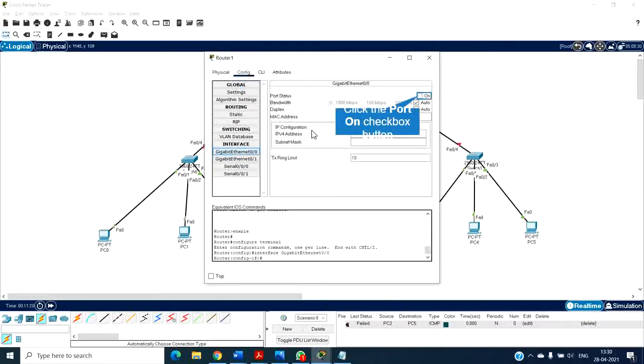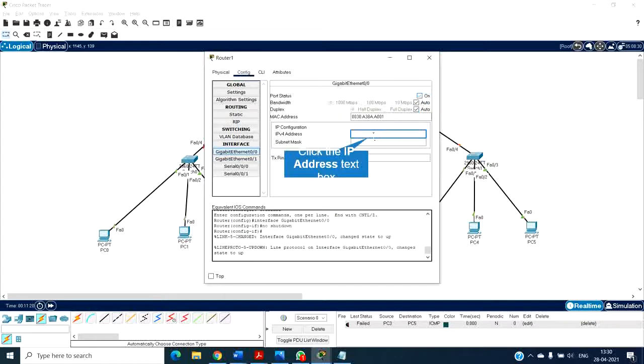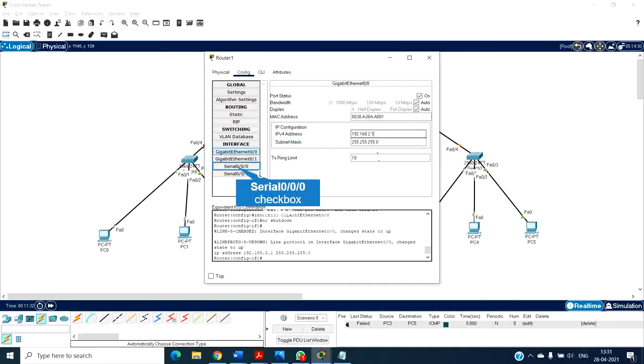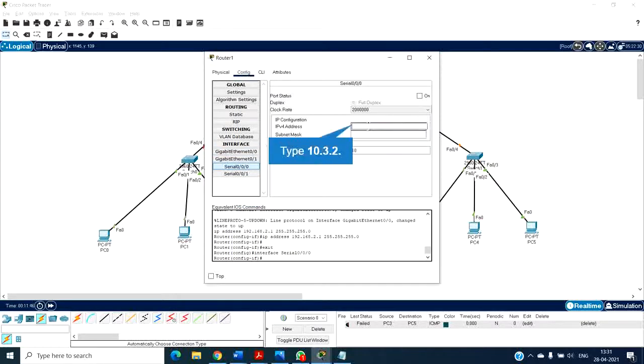I'll first give the Giga Ethernet port. Port status is on. This is a class C router. That's the reason you're seeing class C IPv4. See the subnet mask which came in. It is just 3 times 255. Now the serial port is the port where I'm going to have two different routers talking to each other.